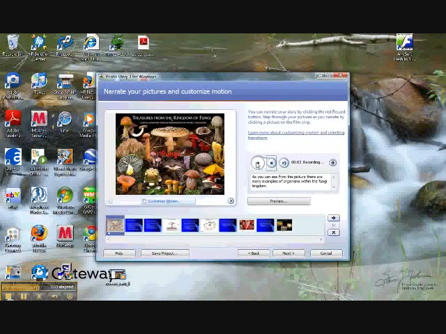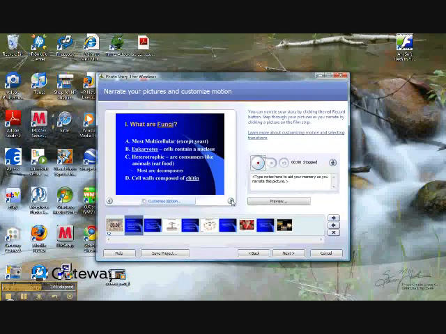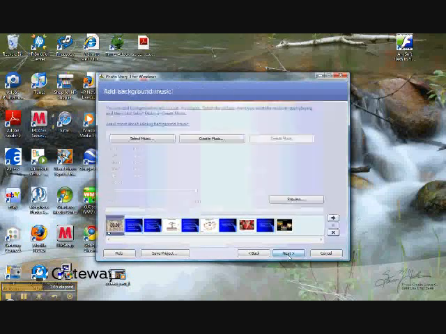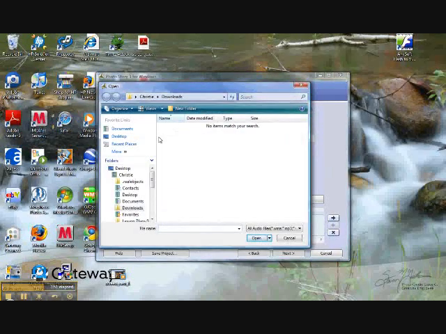You can add recordings to every slide. You can also preview your recordings to check for accuracy. Once you've narrated your Photostory, click Next to proceed. Here is where you can add music. Hit Select Music, locate your music files,